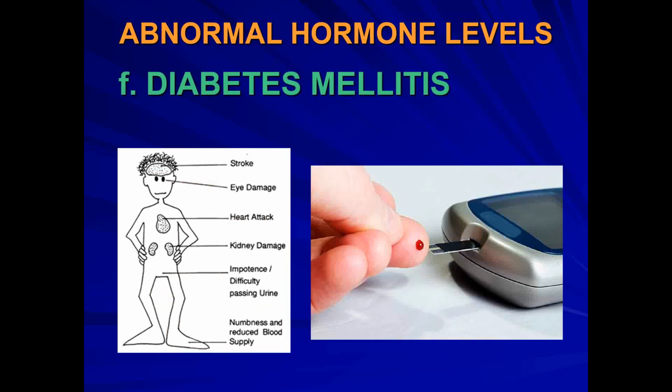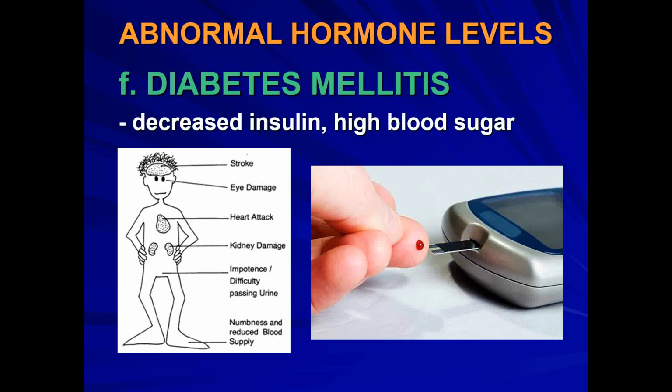And then when we think about hormone levels and we think about the pancreas, we often hear the term diabetes in the United States. Turns out there are two specific types of diabetes depending on the hormone involved, but the one we're familiar with, the one that involves insulin, is diabetes mellitus. It's a decrease in insulin and it results in high blood sugar. We think about individuals testing their sugar, and long-term diabetes can result in circulation issues, stroke, blindness, lots of issues associated with controlling the amount of insulin.